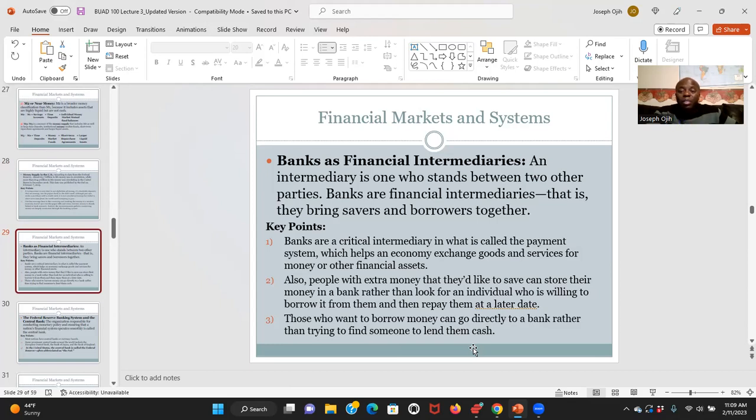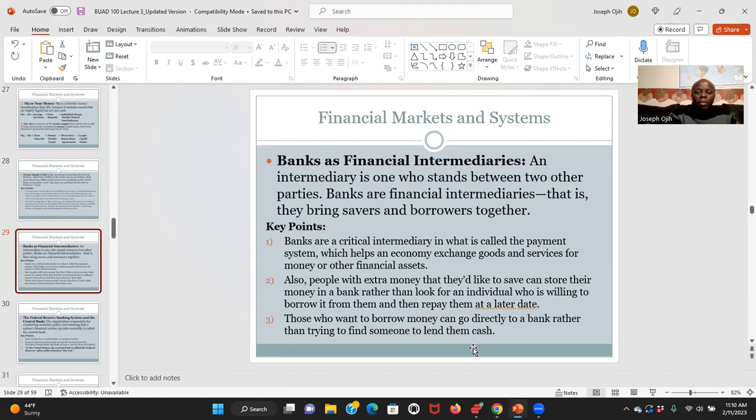An intermediary simply means somebody or something that stands between two parties. In this case, we're looking at the lenders of cash and the borrowers, people who provide cash and people who use the cash. So banks serve as financial intermediaries, because they bring savers and borrowers together. So without banks,